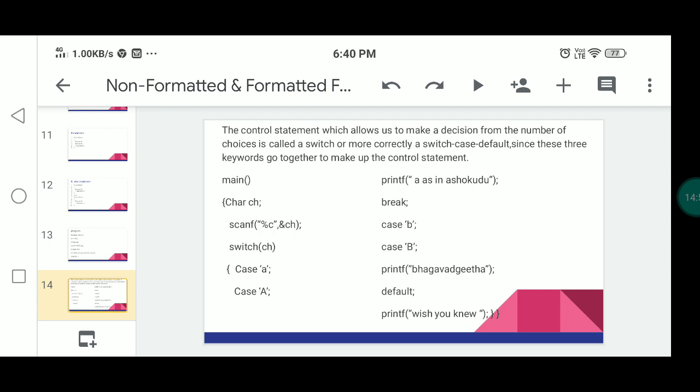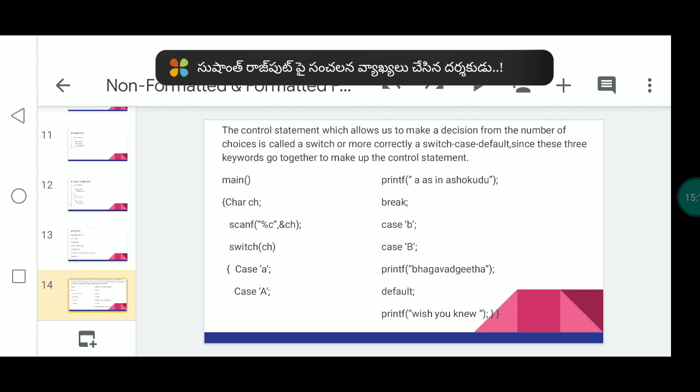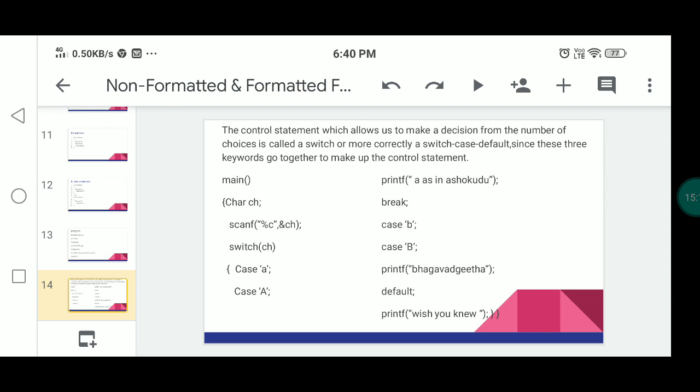These single characters are A to Z alphabets, either uppercase or lowercase, and any other special symbols or some other numbers. Then next, during the execution of scanf %c and ch, you can give the value of ch as a, either capital A or small a.